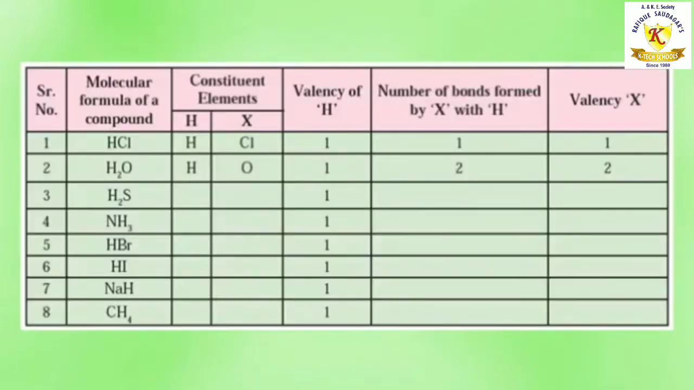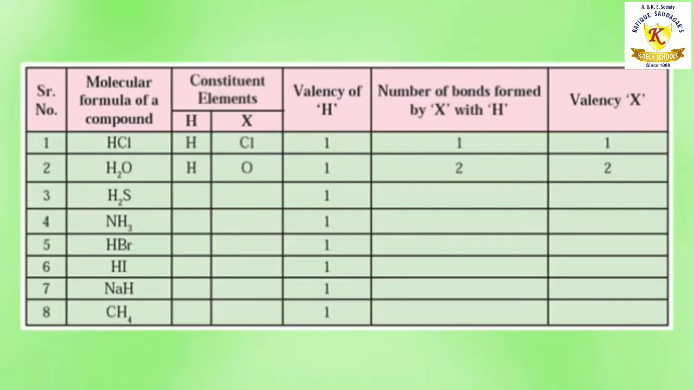Now we have another table which is being shown on page number 46 of your textbook. Here they have a molecular formula of a compound, constituent elements, valency of H, number of bonds formed by X with H, with valency X. Now in this table, the first two have been solved for us. Let's begin with the third one,